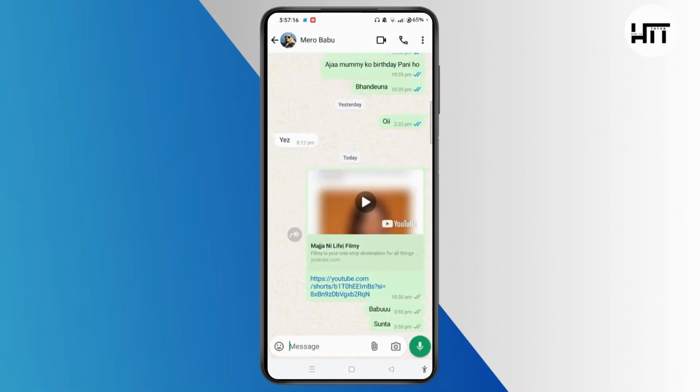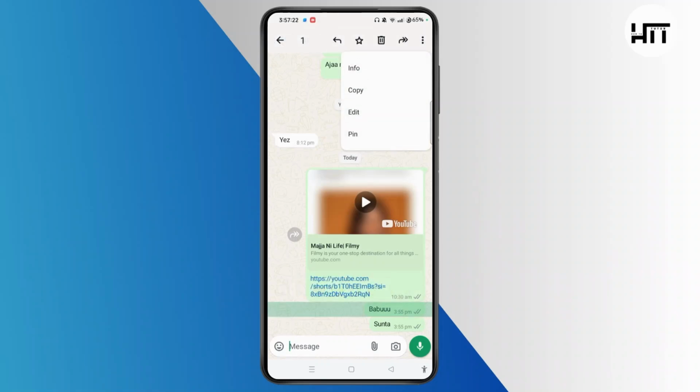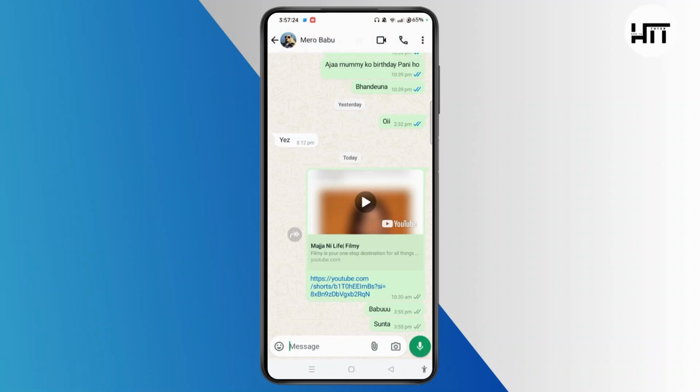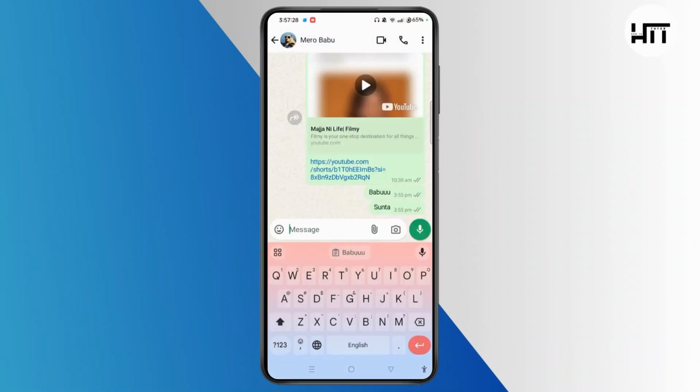Now suppose I tap and hold a particular message here, tap on the three dots at the top right corner, and tap the copy button. Once the message has been copied, tap on the message box at the bottom of the screen and then you have